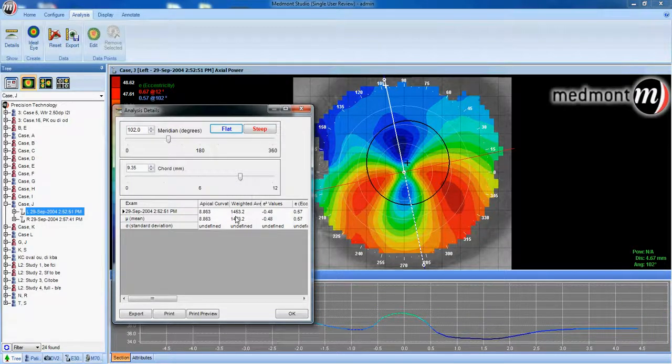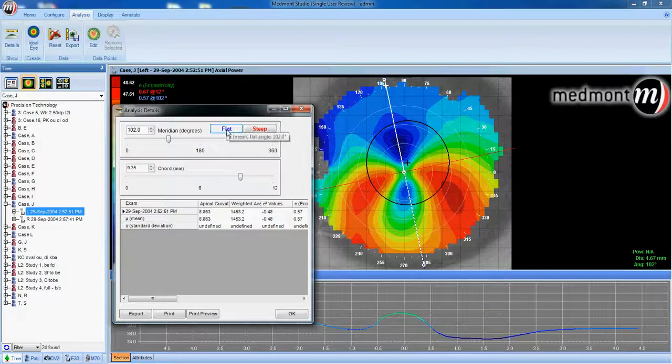We measure the sagittal depth of this eye is 1453 on the flat, 1576 on the steep, approximately 123 microns difference exists between the flat meridian and the steep meridian. This tells us that this patient may require a specialty lens because there's greater than 50 microns difference between the flat and steep meridian. We could look at the E squared values, E squared being in negative, indicating an oblate